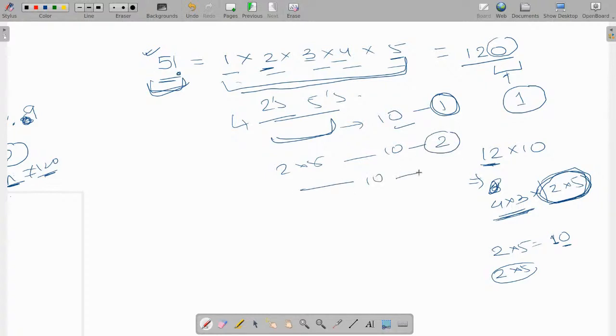Another one will give me another 10. This will increase the number of zeros by 3. So what I am now interested in is the number of 2s and the number of 5s in the expansion of this polynomial, of this factorial. Now, if I look closely,